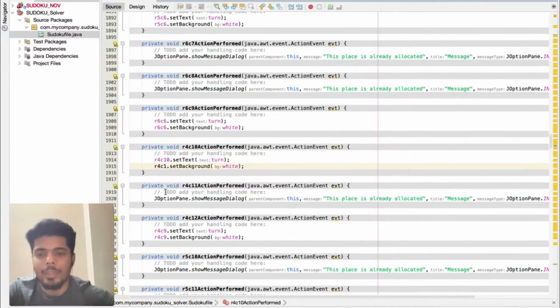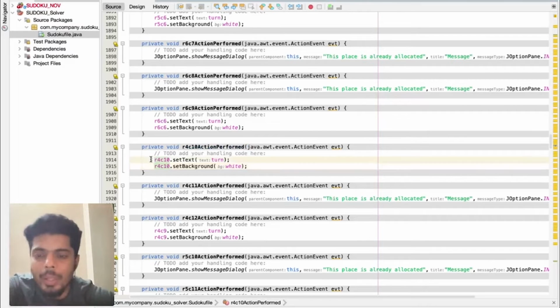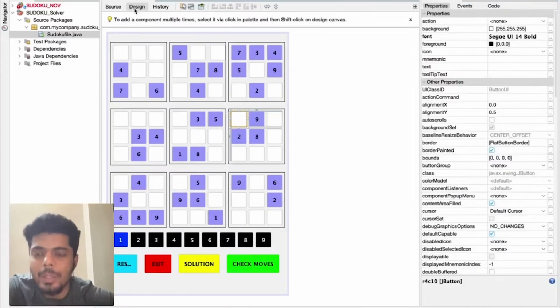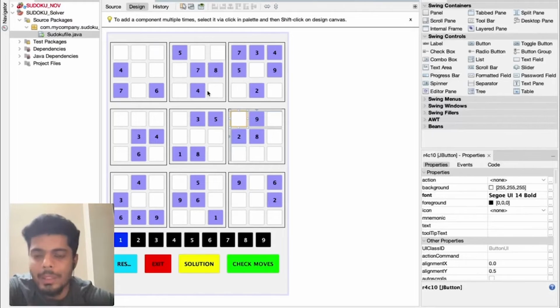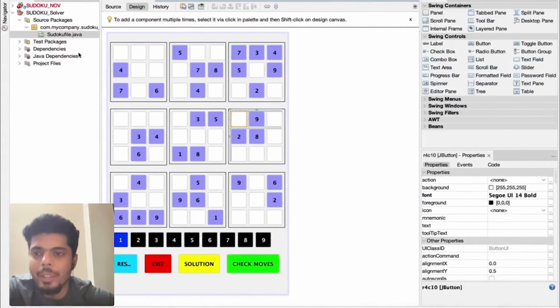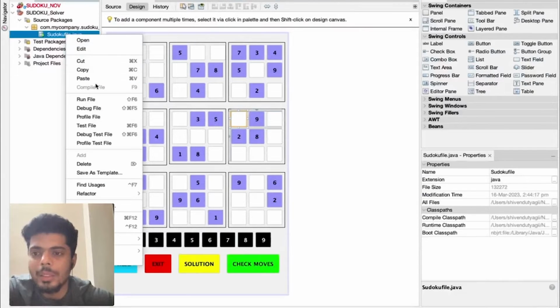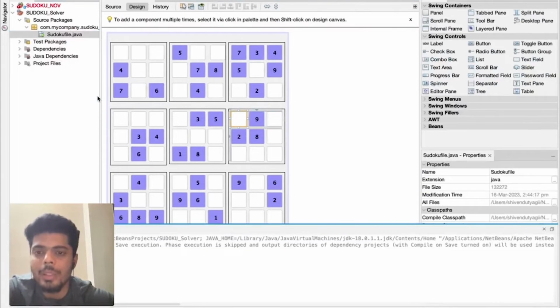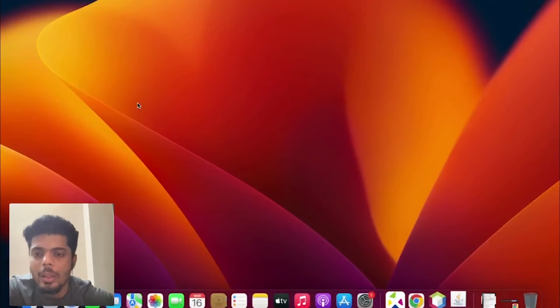So these are a few problems, a few mistakes which I have made, of course. Why? Because I had to write the code for 81 buttons, so it got misplaced for some buttons. So of course I'll fix this, and it will be all fine. No need to worry about this. This is expected as of now because I have given the wrong button names for filling up the values. Now you will see.